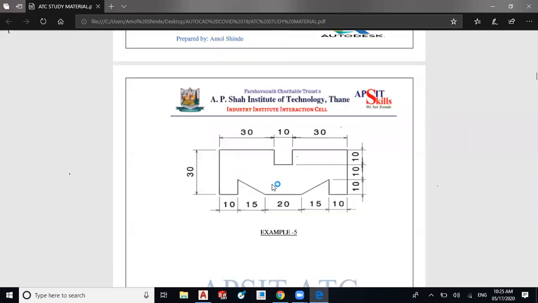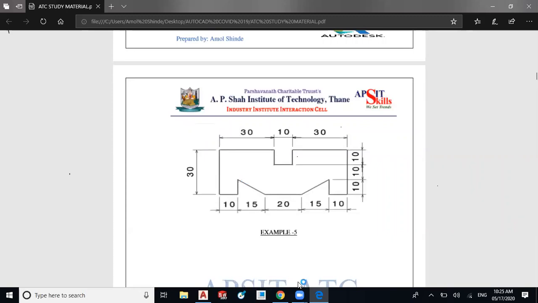So I will draw the fifth one. From the midpoint, we will start from the midpoint. There is 10 mm. Or from this we can start 5 mm upward, 10 mm. This is 30 and this is 30, 10.